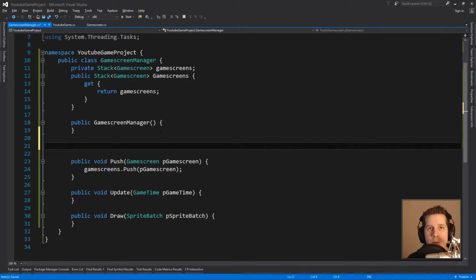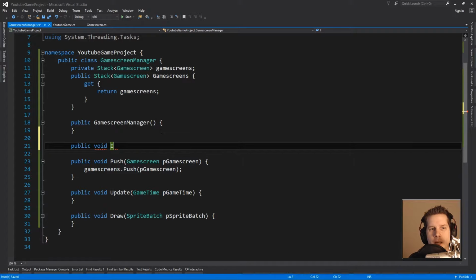How you load these game screens will be up for debate. You could load them all. Say that you have 10 game screens in your entire game. You could load them all and just switch between them, but that's not memory efficient. And what if your game gets bigger and bigger, and it takes up 10 gigabytes of memory? So you would rather have it load only the necessary stuff that is required of the game screen. And so what we'll do is, first of all, we have an